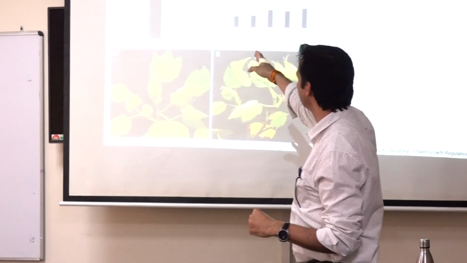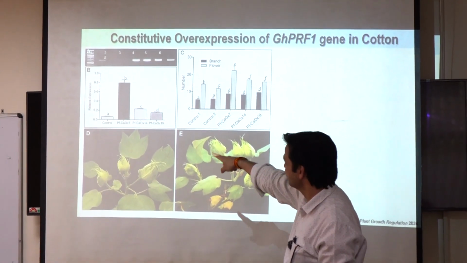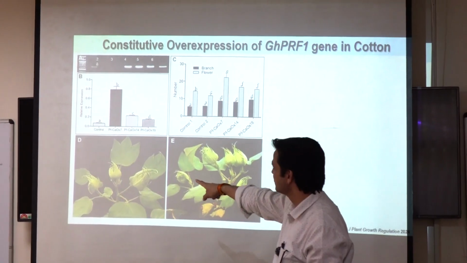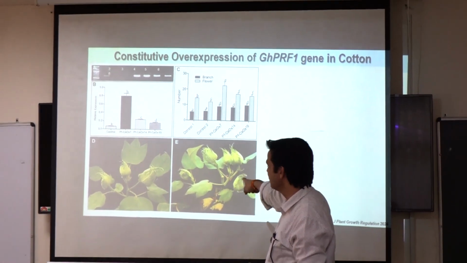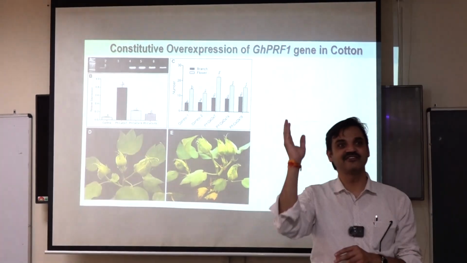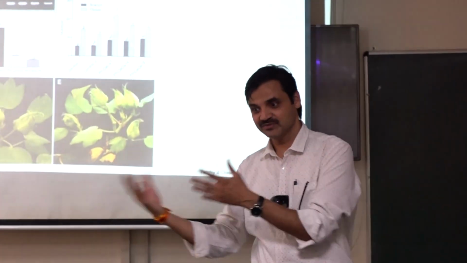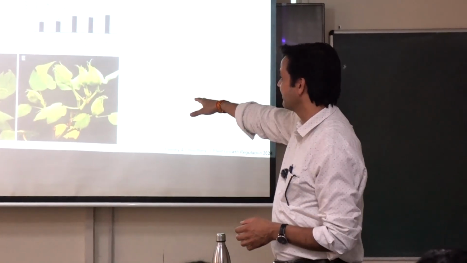So you have independent plants. The black one was taken further, and you can see in the black one, line number 7, this is control D, and E is line number 7. Number of flowers. We were looking for fiber length to be increased. Fiber length comes later; first you looked at the flowers, since fiber will come from flowers. So the flower number was high per plant.